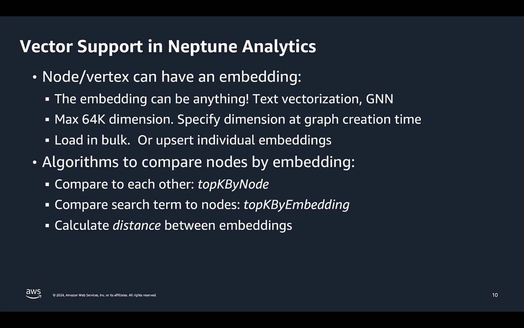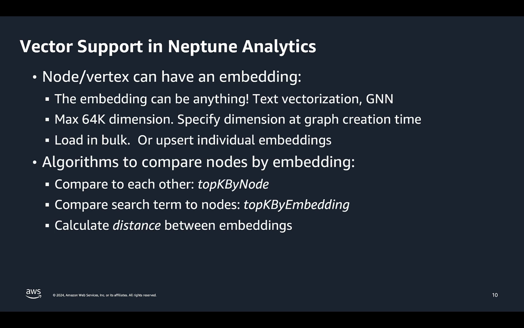There are two main elements of a graph. There are nodes or vertices and edges. And the idea in Neptune Analytics is that a vector or an embedding is associated with a node. It encodes the meaning, if you like, of that node. So the embedding can be anything. An embedding is really just a list of numbers. Neptune does not interpret the contents of it, but I can associate such a list of numbers with a node in the graph. I can produce that embedding through methods like text vectorization, graph neural networks, and others, and I'll